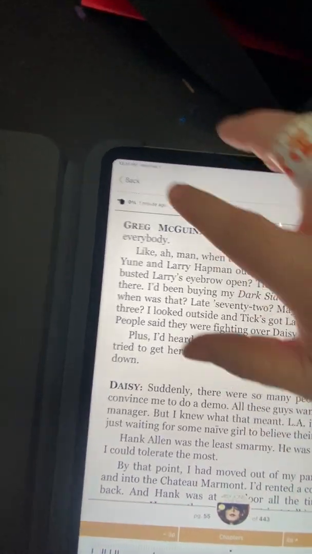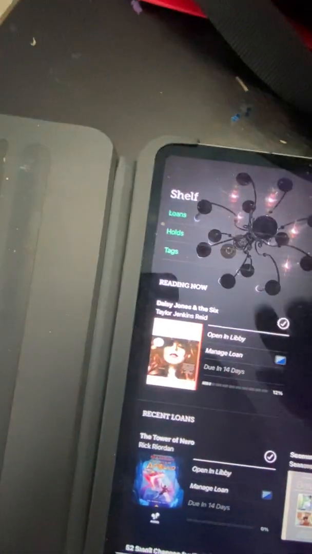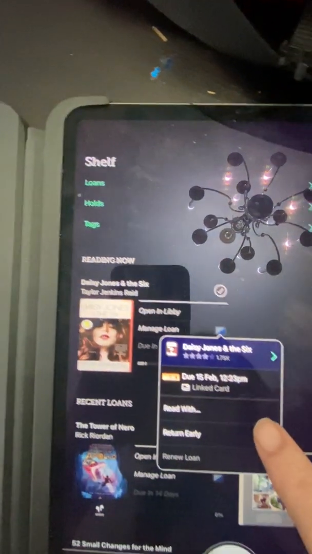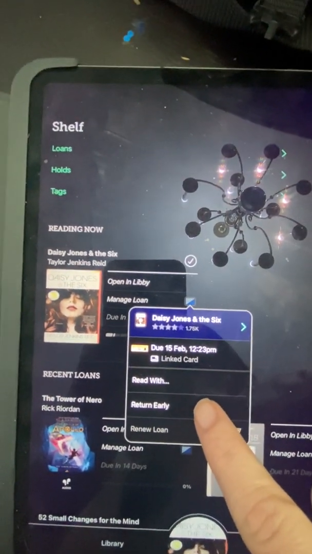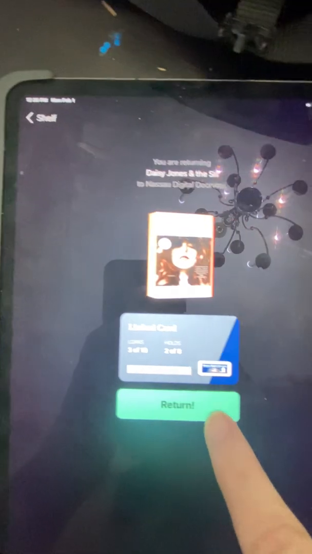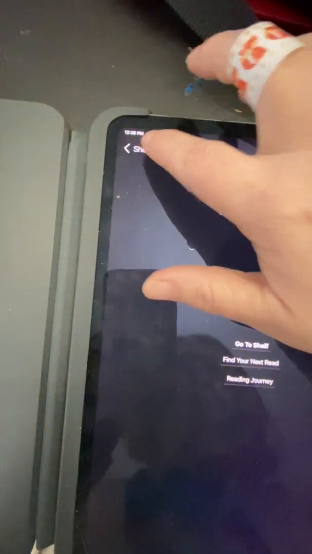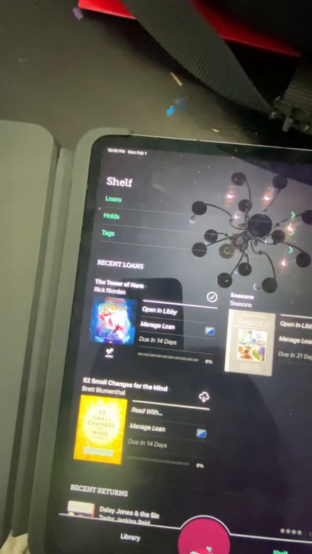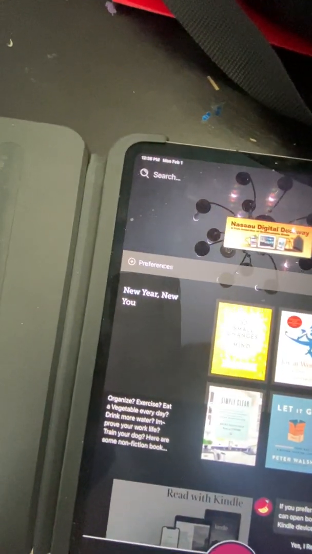Okay. Now, let's say that I was finished reading that book. Now, you can click on Manage Loan and you can return it early. So if we return it early and hit return, there, now it's returned. Okay. Now, let's say we want to go back and see what other things that we might want to take out. So there are